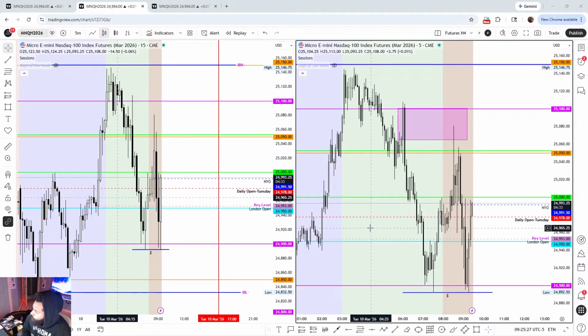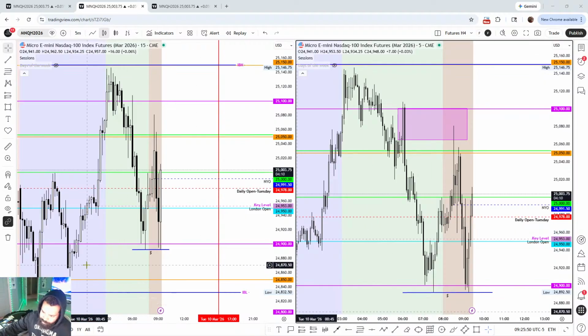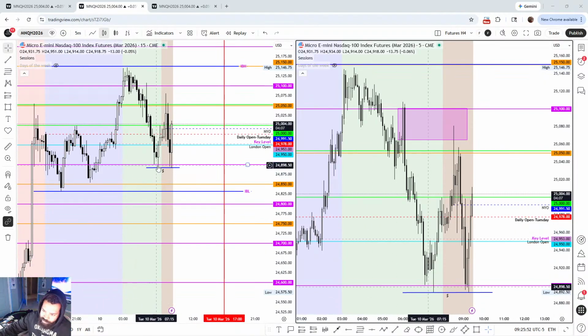So we get a push through those 040s. I had a small position that I'm going to go ahead and cut down, or I already have it set to cut. So then if we can reach above this 5-minute high, 25,080s, that you guys can see where that purple box is, then I would say most of you guys that did buy those lows would be in a pretty good position. I didn't like them as much, like I said, but it did hold stack candle, and then hold level. So that is interesting to see here.